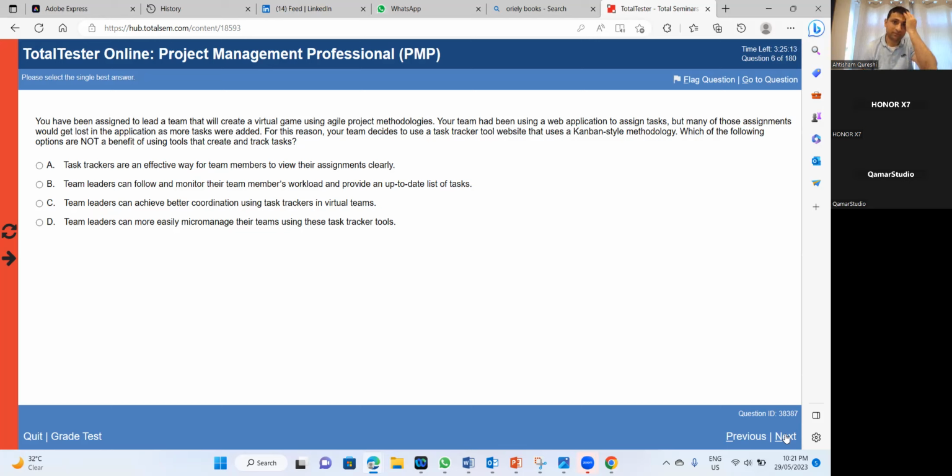What do you think? What do you think is not a benefit of a tracking tool? Visibility is, transparency is, I mean, assignment is. What is the meaning of micromanage? Micromanage is like you are